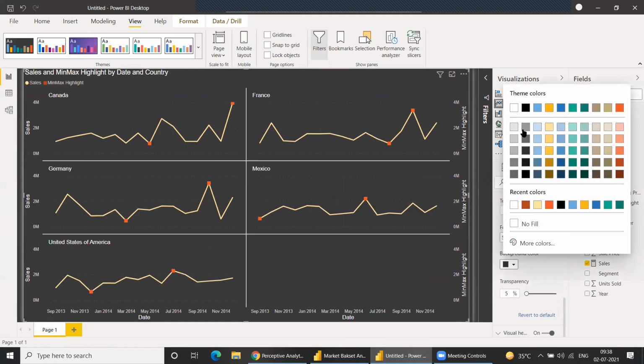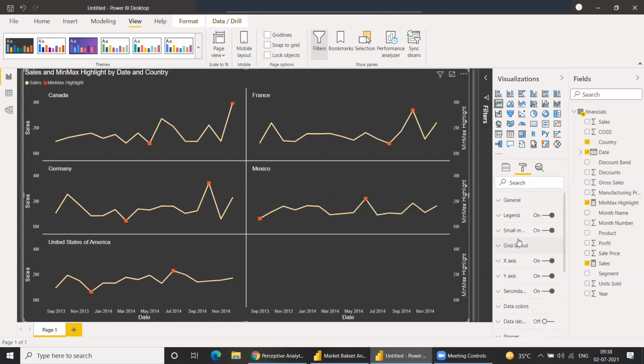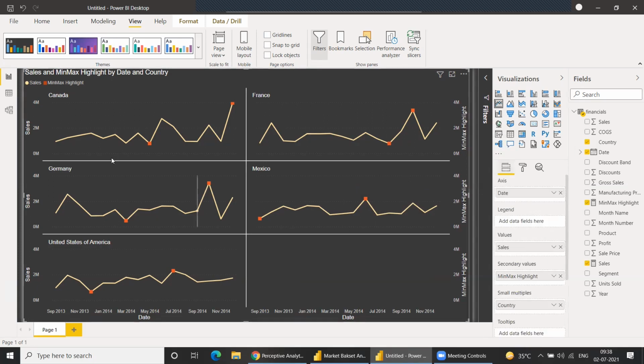Background color, make it the darkest black. So this is the customization which we can do. There's a lot more customization if you want based on your requirement. This is a simple customization which I think is looking good.